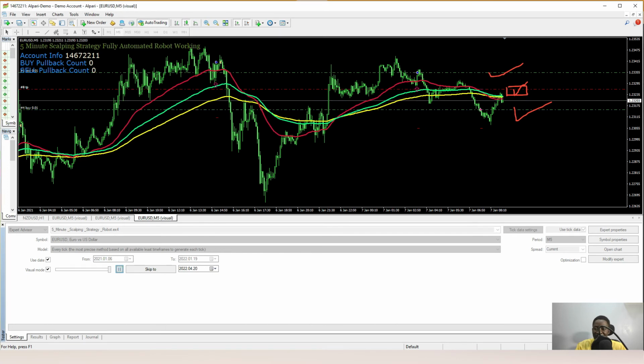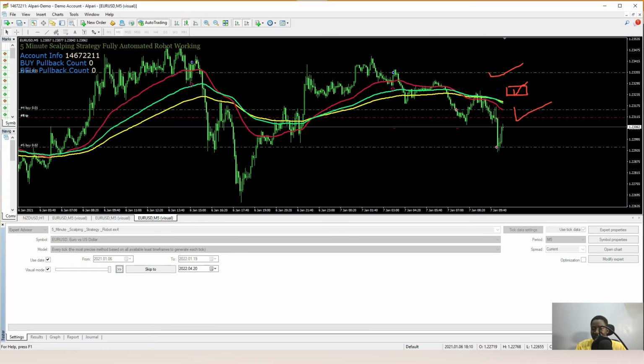So if I press play now, see, it opened the third trade again. As we adjusted the take profit from this particular area to this particular area, it means these three trades, 1, 2, and 3, are going to close with this take profit, and it's going to be in profits. It's not going to be in any loss. That's the reason why I really love this grid strategy with the average take profit for all number of trades on your chart.